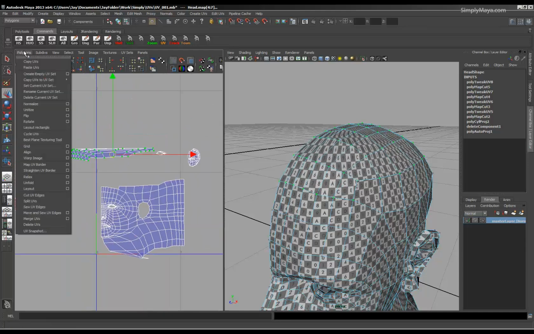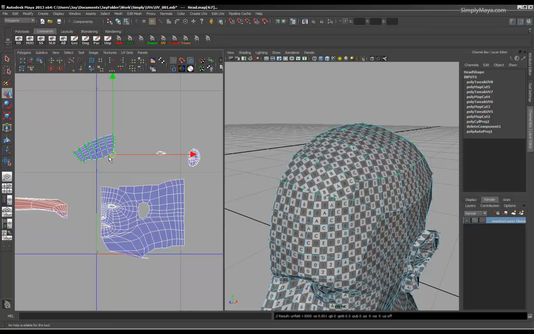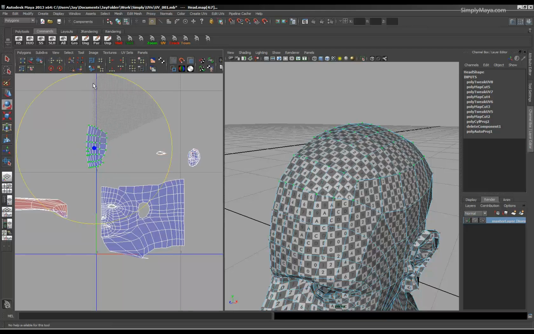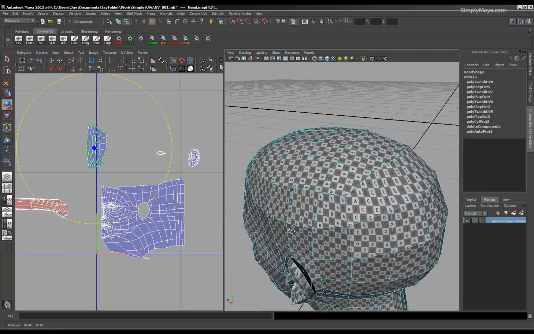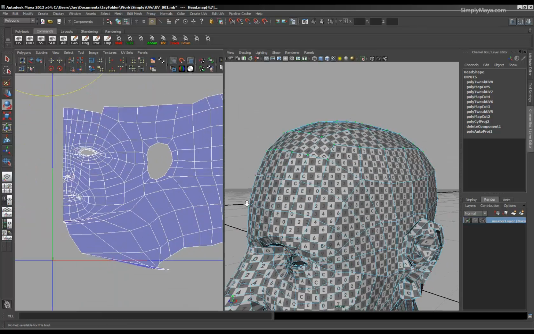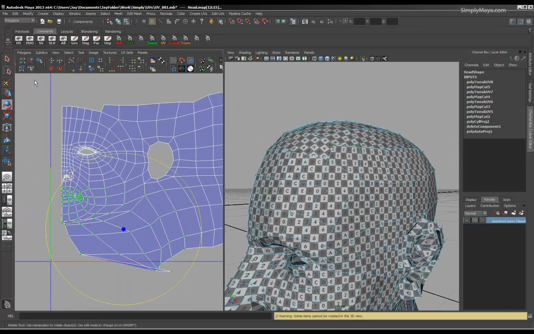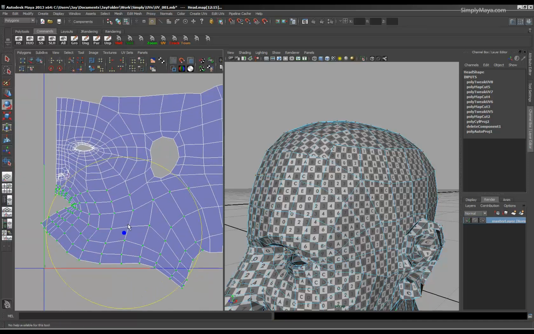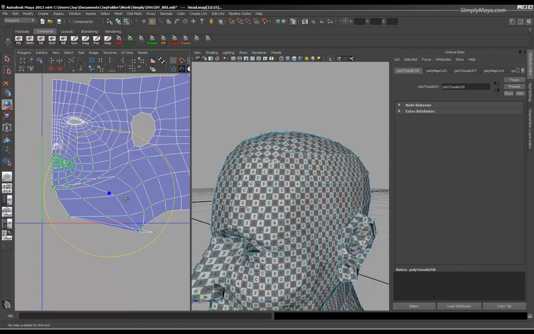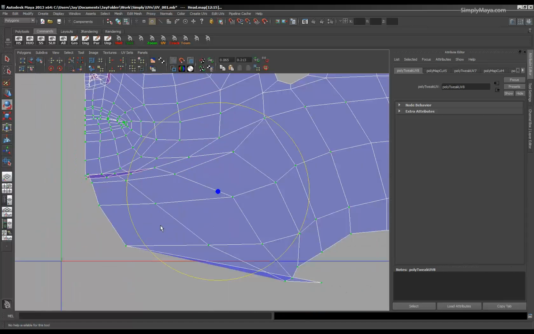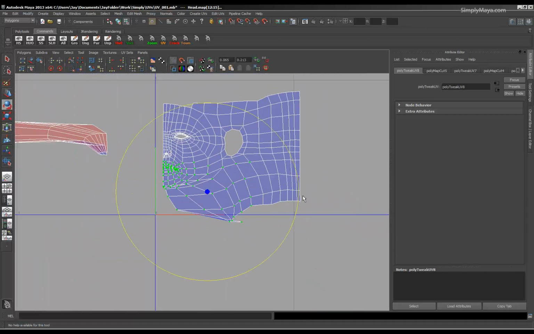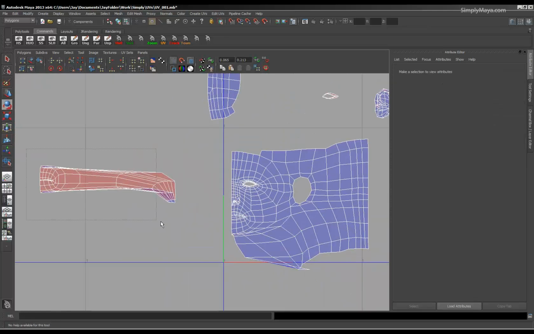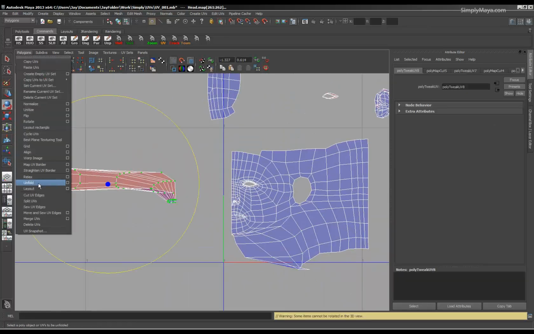And then what we can do is go polygon, unfold. There we go. So that's done. Okay, so you can see we've got a nice set of UVs already there for the top of the head. And then go under here. Okay, so there you can see it's gone a bit gaga. So what we want to try and do is try and keep everything nice and straight. And what we will do before we do that is go unfold on this